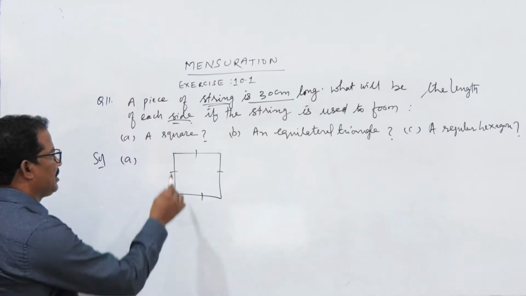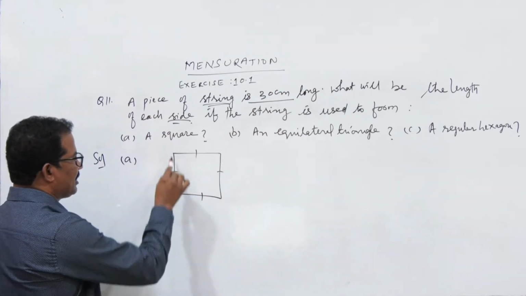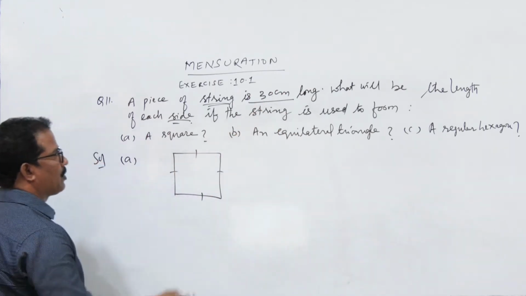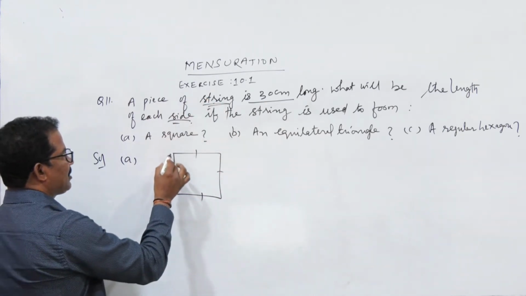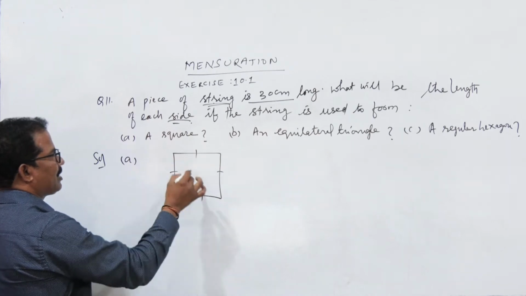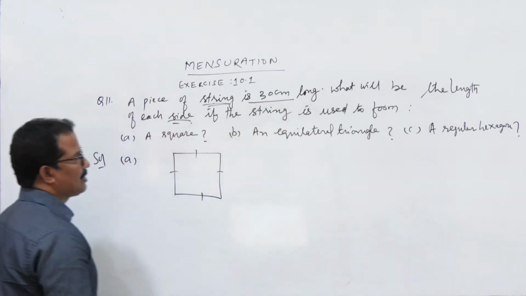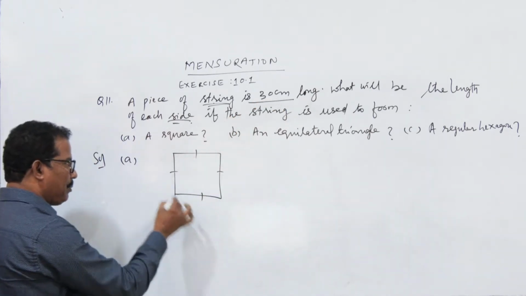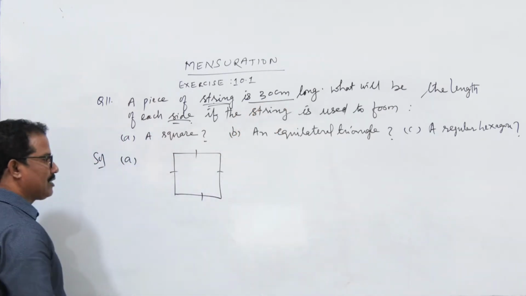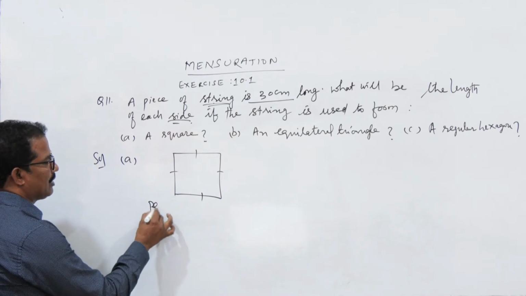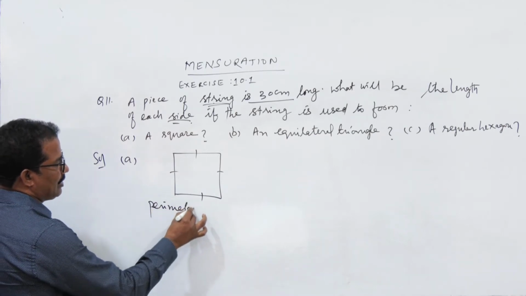30 centimeter. That means the total length of the string is equal to how much? 30 centimeter, because the same string is used to form a square first. So the total length of this diagram, that is the square, is equal to 30 centimeter. That means the total perimeter of this figure, the square, is equal to 30 centimeter. Understand all of you? So by using this property, we can find the side of this